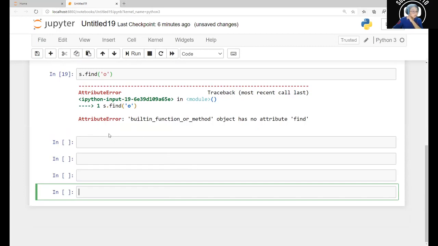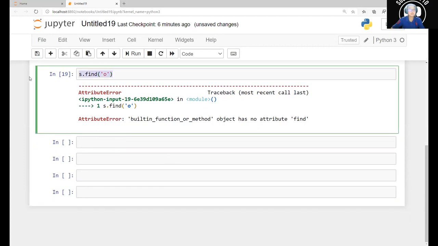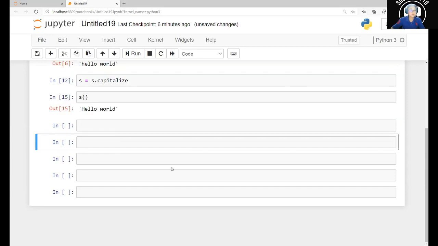Anyway, so we were talking about center. And this is just me trying to mess around. I swear there was a find. Whatever. So s dot center. So that's the one you've all been waiting for. So 20, and then here we're gonna do